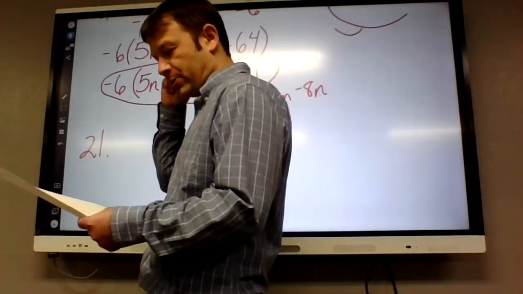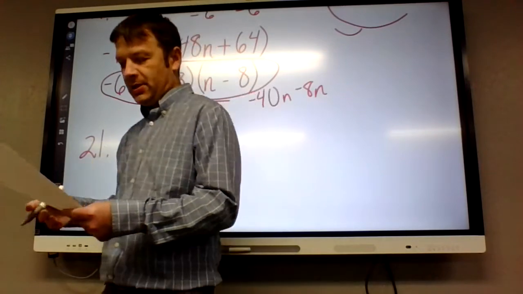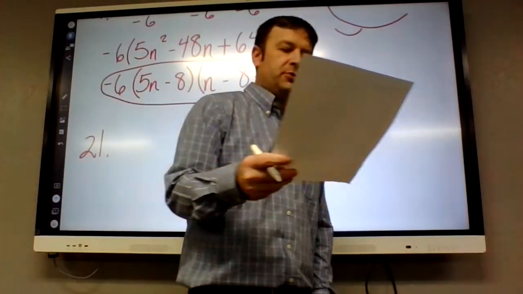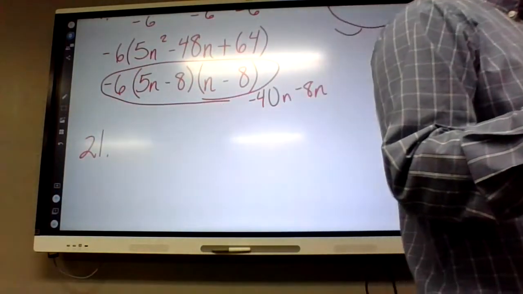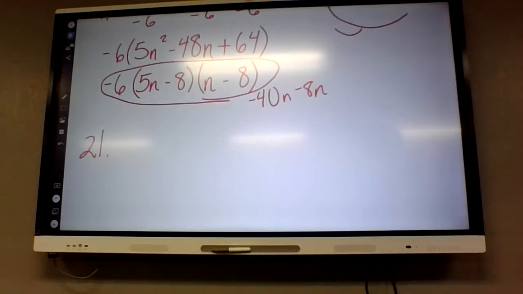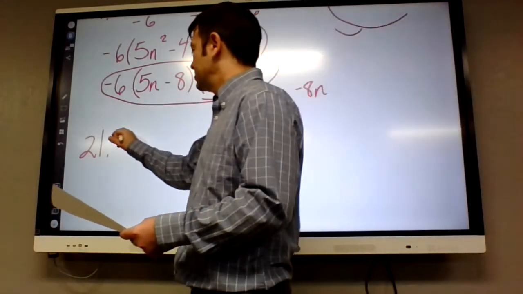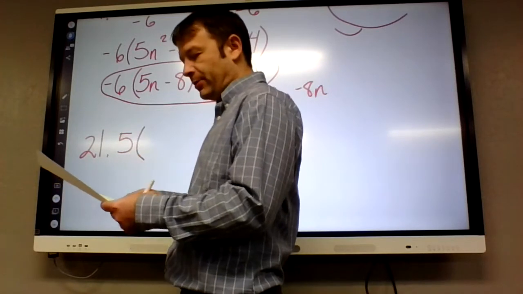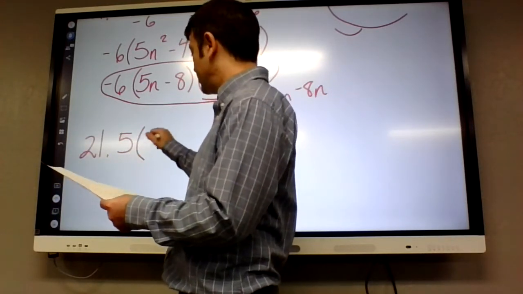Okay, on 21, the biggest thing that could go into 20 is 20. But does 20 go into 195? No. The next biggest thing that goes into 20 is 10. Does 10 go into 195? No. 5. Yeah, if it ends in 0 or 5, 5 can go into everything. So I'm going to take a 5 out. If I divide all those terms by 5, I'm left with